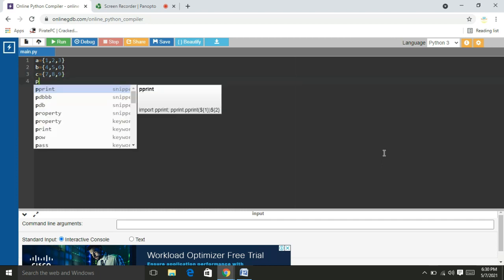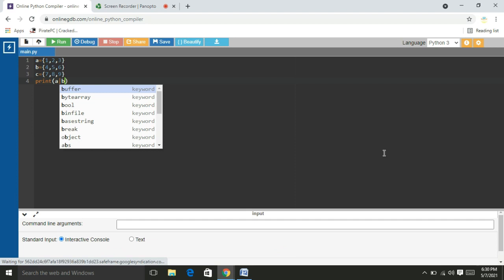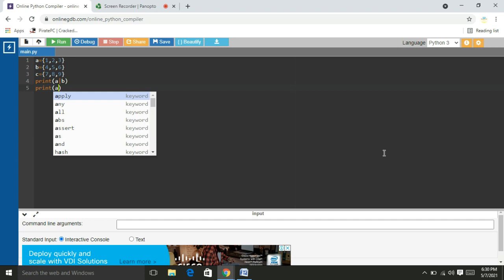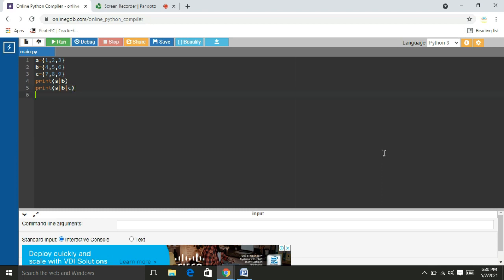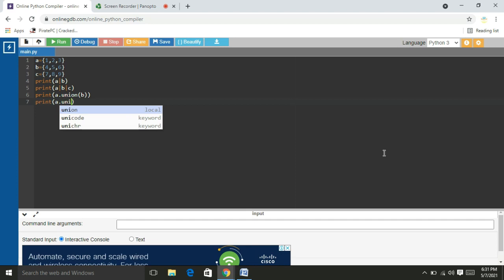Now I type print A union B, and print A union B union C. In the same way, I use the method: print A dot union of B, and to combine more sets, I write print A dot union of B comma C.